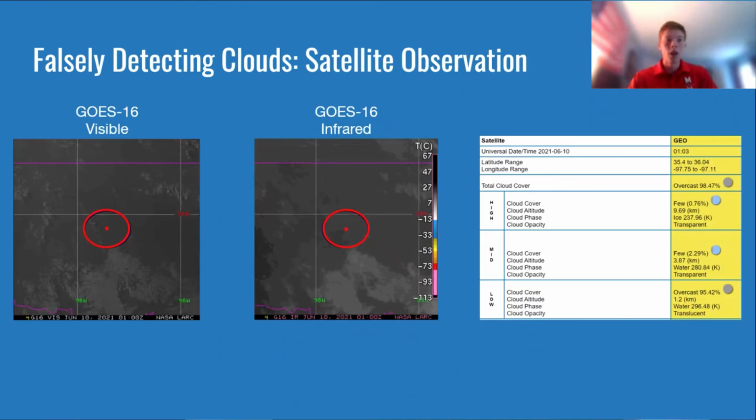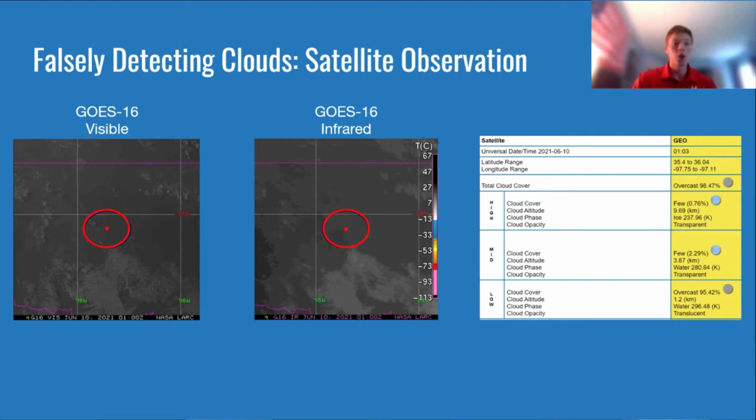So then the citizen is matched up with a geostationary satellite. In this case, it's going to be GOES-16. GOES-16 is one of the satellites that covers North America. So this is the same one we looked at previously. The citizen is in the middle of Oklahoma, and this is what they see when their observation is matched with the geostationary satellite. They get a visible image as well as the infrared.